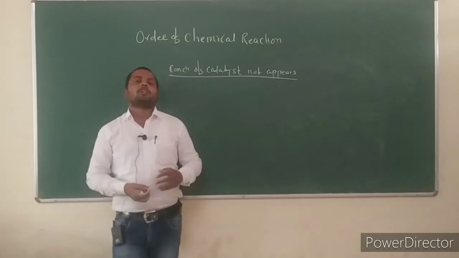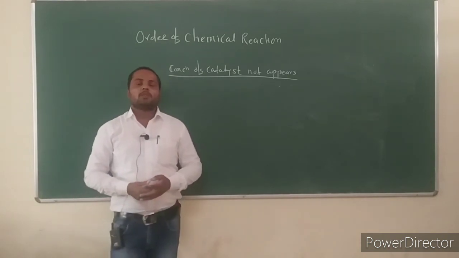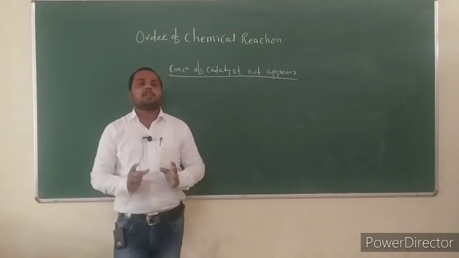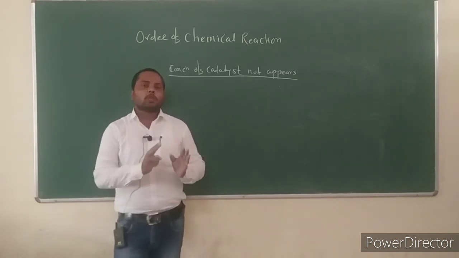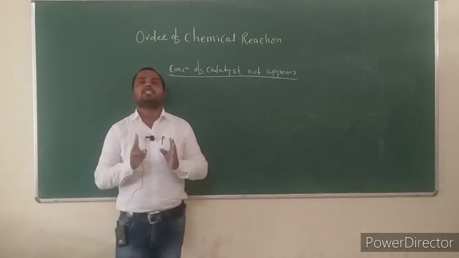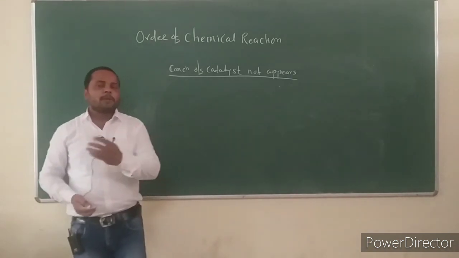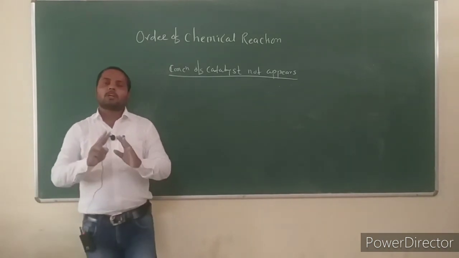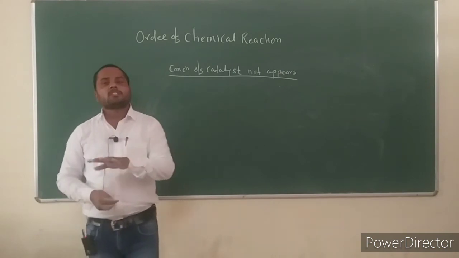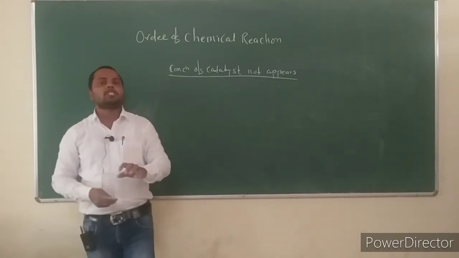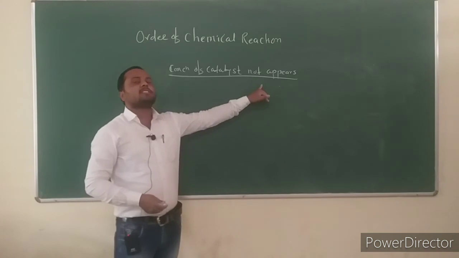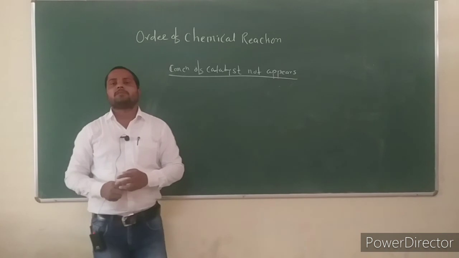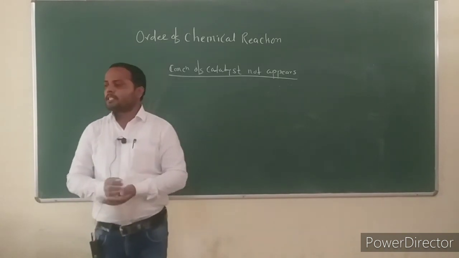Catalysts are generally used for increasing the rate of reaction, to increase the speed of reaction. Actually, the catalyst participates in the chemical reaction, but throughout the reaction, its concentration does not change. After completion of the reaction, we can recover the catalyst. Therefore, throughout the reaction, the concentration of the catalyst does not change, and due to this reason, the concentration of the catalyst generally does not appear in the rate equation.